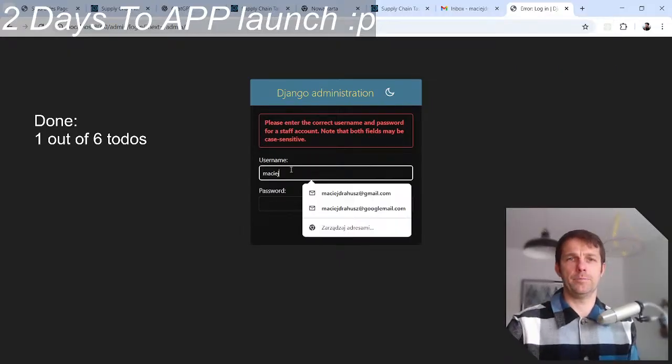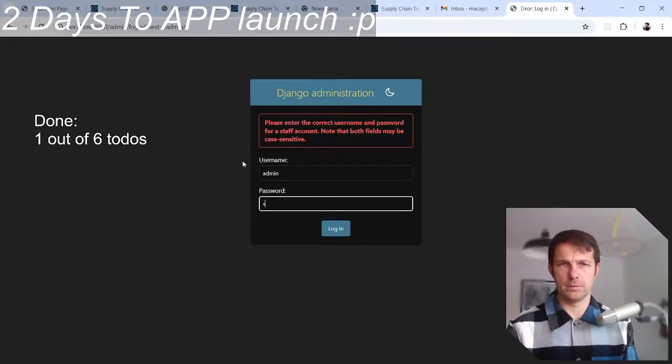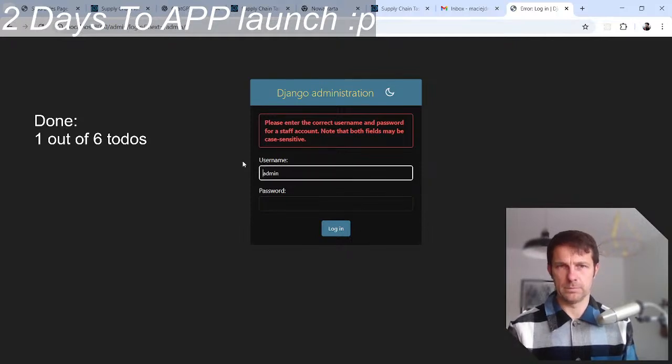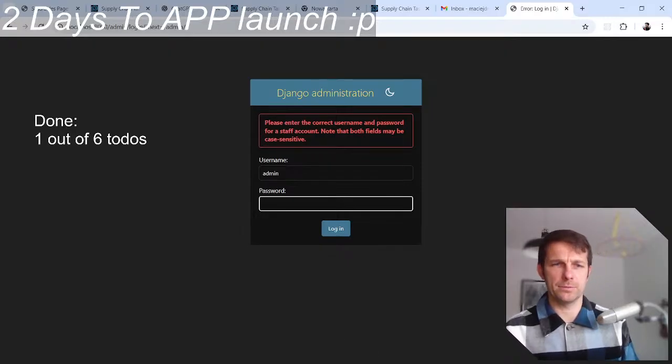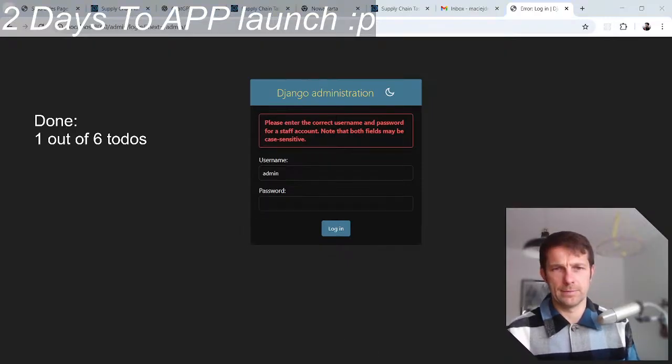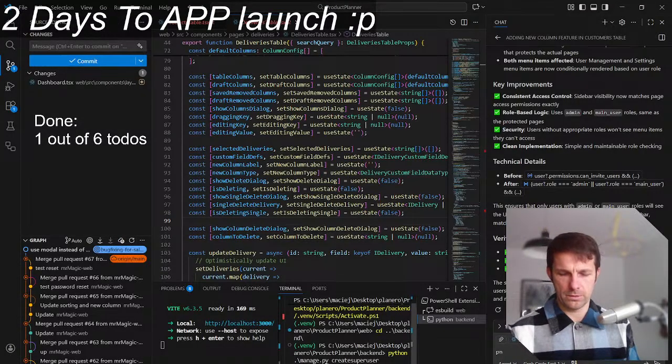Okay. So that's admin. Shit, it had some... Yeah, let's just create a super user again. Username, like admin, like at Gmail.